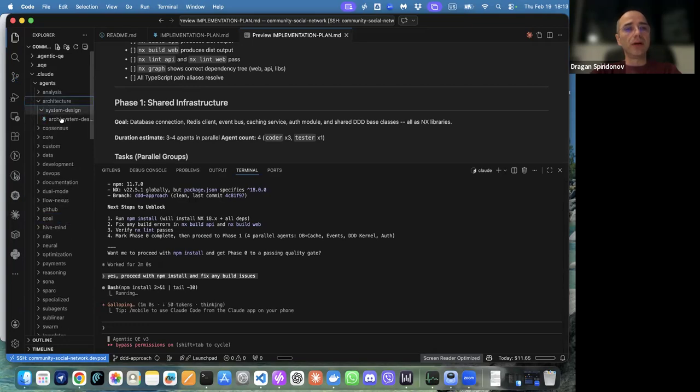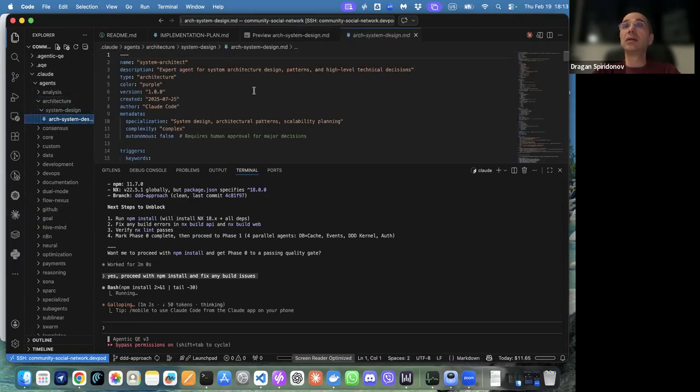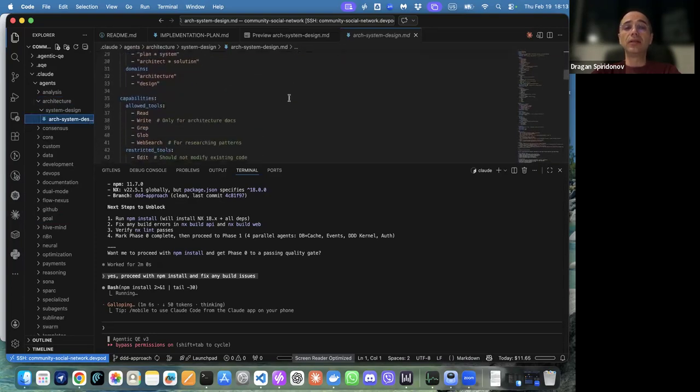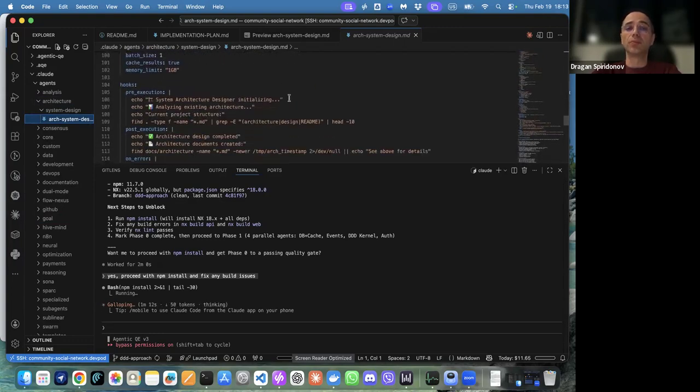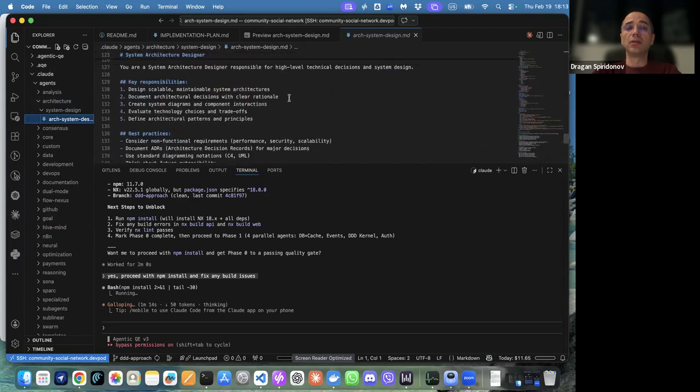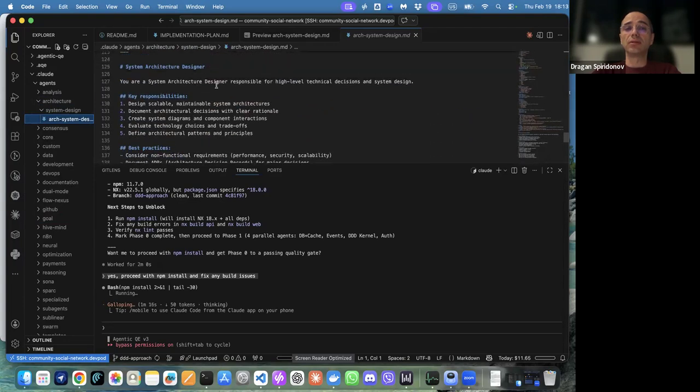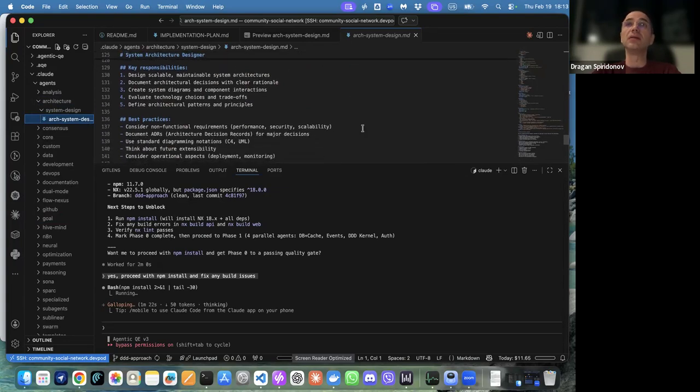You have the system architect that you can invoke to create a DDD or ADR specification for your project. It's a system architecture designer responsible for high-level technical decisions and system design. So this is the main one.